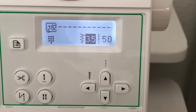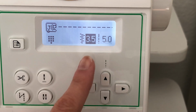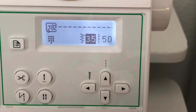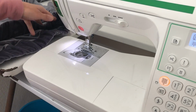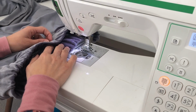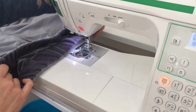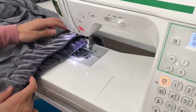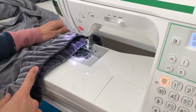My machine is set for a regular straight stitch and the longest length that I can do on my machine. The reason we don't have to do a stretch stitch is because we're going to be stretching the fabric as we stitch this. Okay, I've got my pants inside out because that way I can put the presser foot on the inside and give them a good several tugs to make sure that the casing is distributed evenly around the